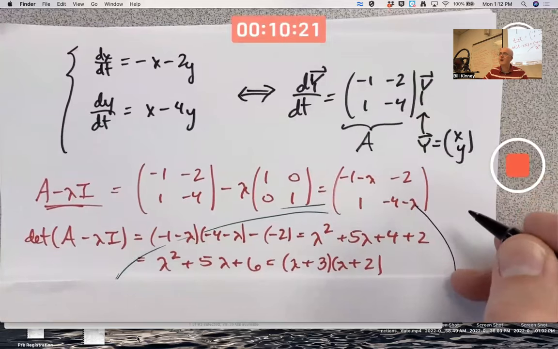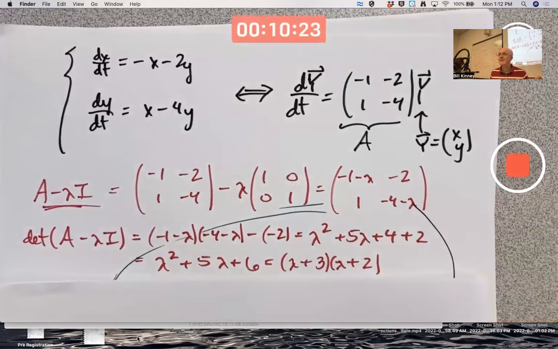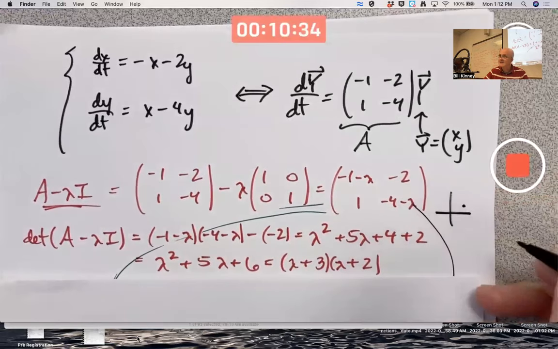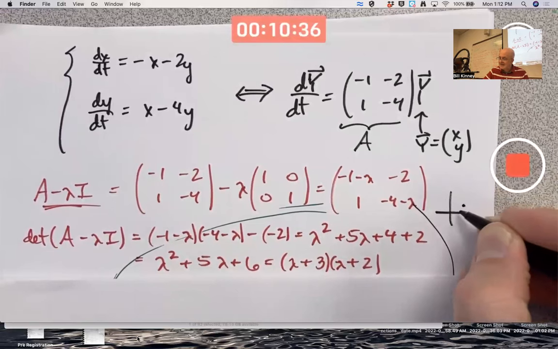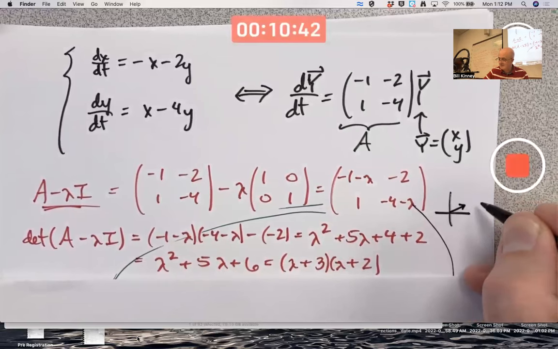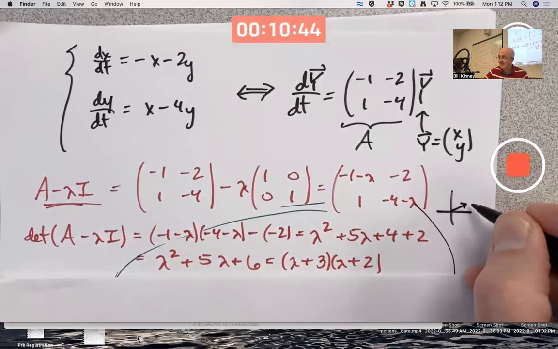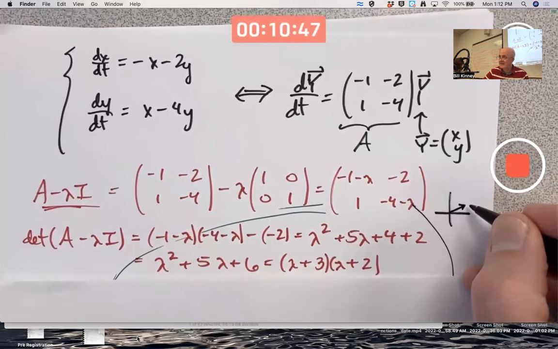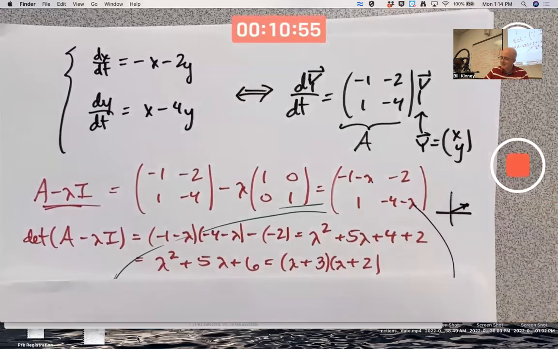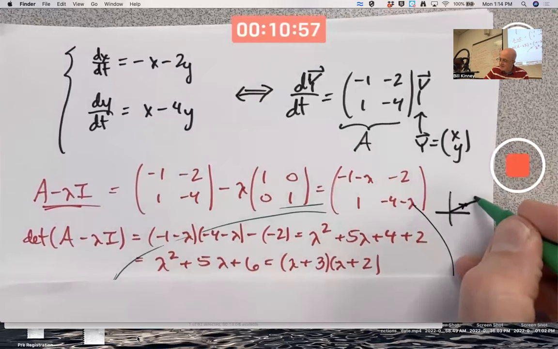You're looking for points in the plane where the output of the vector field is parallel to the position vector for the point. In other words, if you imagine a point right there, is that point's position vector and the output of the vector field parallel? Sometimes it is, okay? And in the special case when it is, that's going to correspond to straight line solutions. So that arrow is supposed to represent the position vector of a point. And if you attach a vector in the vector field to it that happens to be parallel,